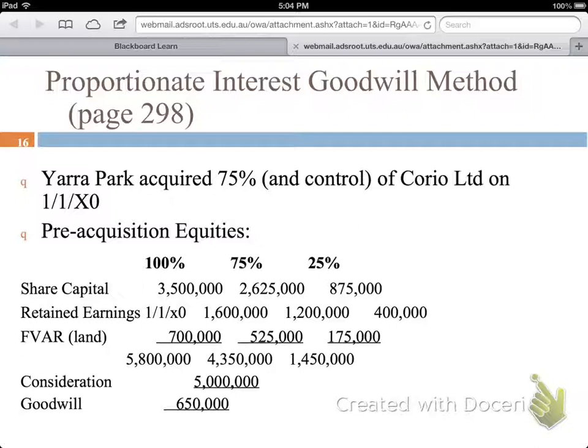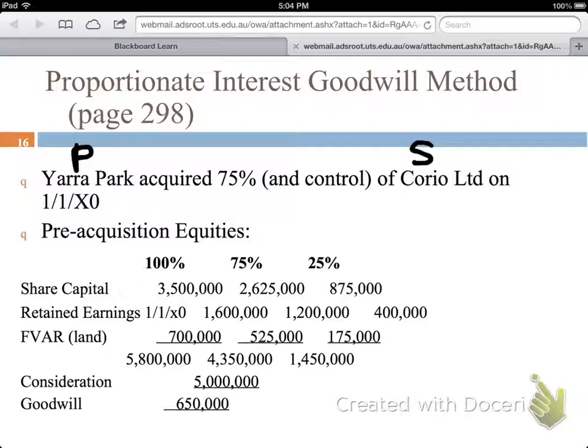at the date of acquisition, which is 1st of July 2000, Yarra Park acquired 75% of the shares in Corio. So we know Yarra is the parent, Corio is the subsidiary. Why is it important to identify clearly who's the parent and who's the subsidiary? Well, that's because we have non-controlling interests in our question, and the non-controlling interests have a share in the equity of the subsidiary only. Note 75% of the shares is owned by the parent, which means the non-controlling interest owns